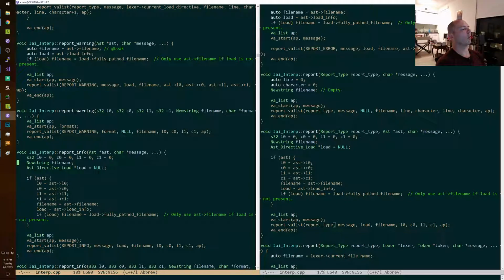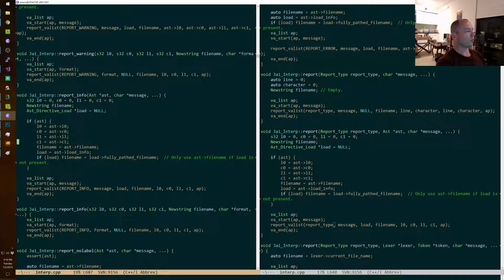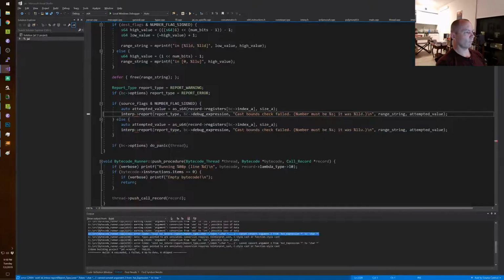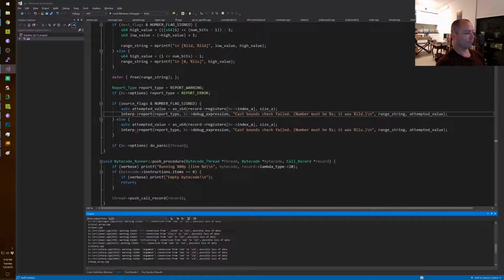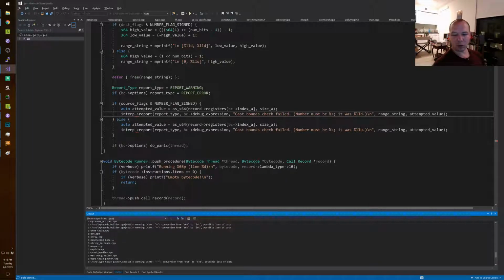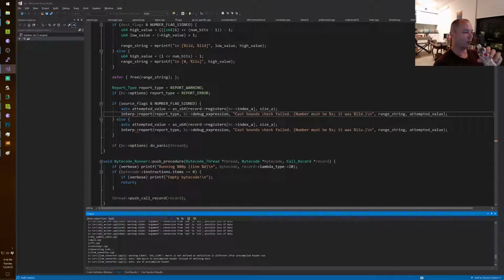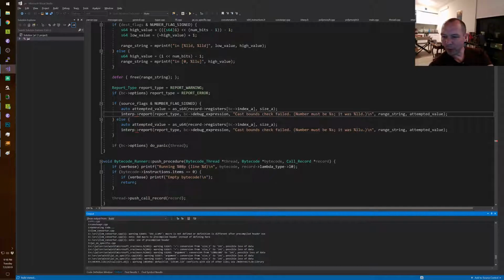Dude, varargs suck in this language. Okay, I think that's right. Of all these things that C++ could have fixed, fix that. Maybe they did by now. I don't know.